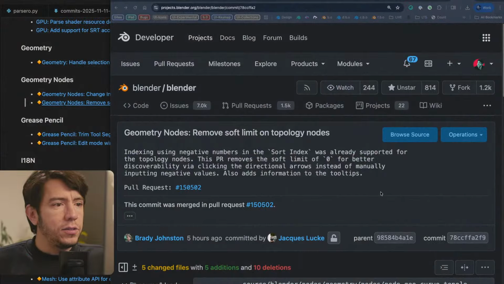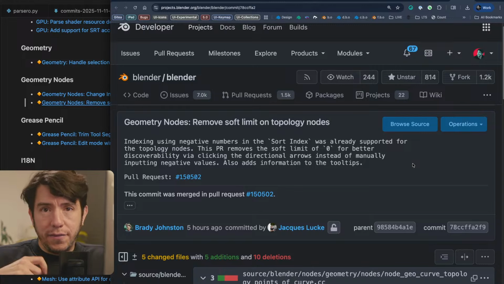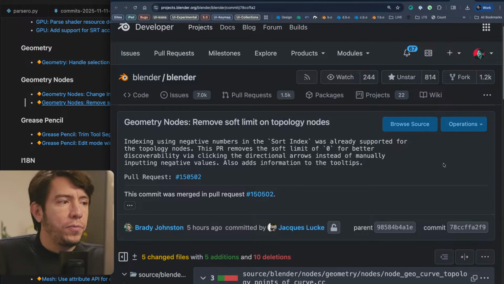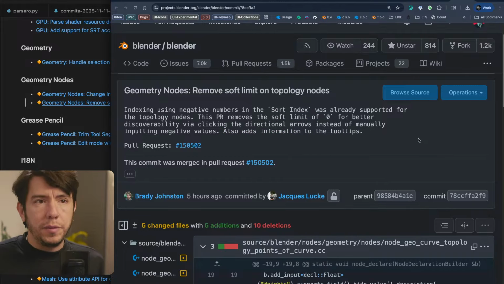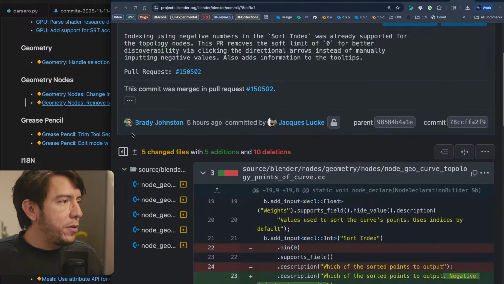But still, internally, the property could support bigger values. And that is the hard limit, the actual limit. So this change removes the soft limit of 0, because actually you could input negative values in these nodes and it would be just fine. So this change adds some information to the tooltip and removes the soft limit or UI limit of 0. Super nice. So thank you, Brady.